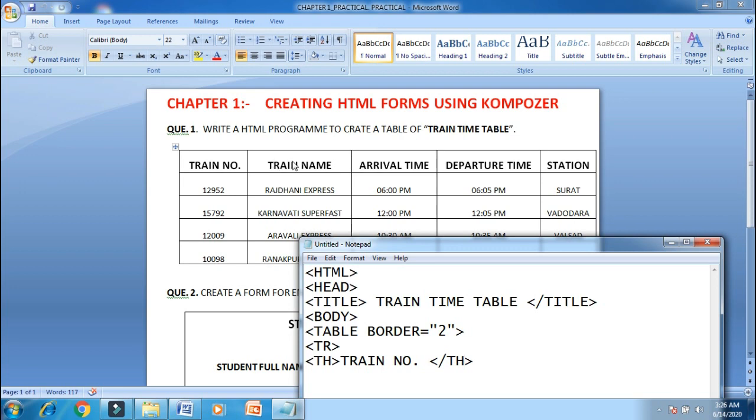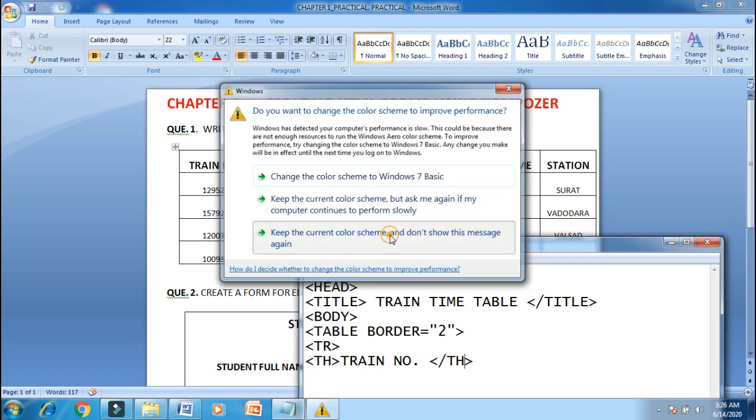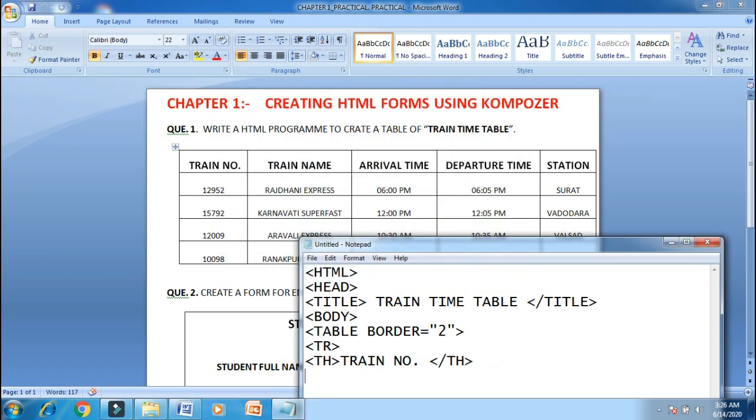Now first row, second column. Again I'm writing th, train name, and I close the table heading tag.